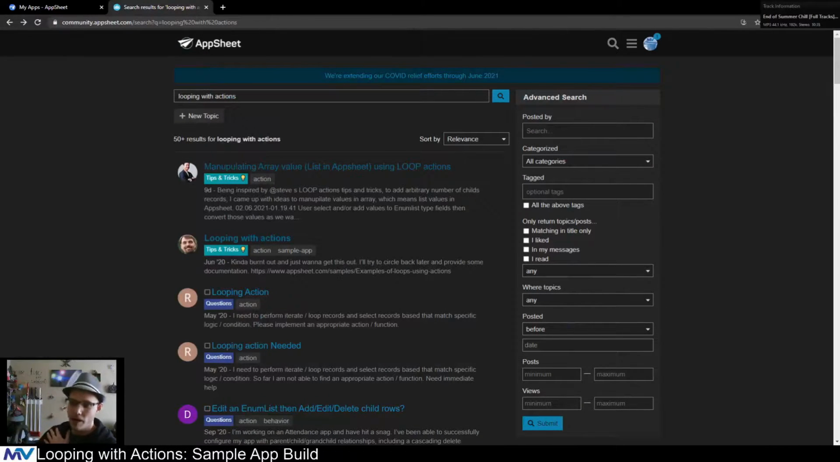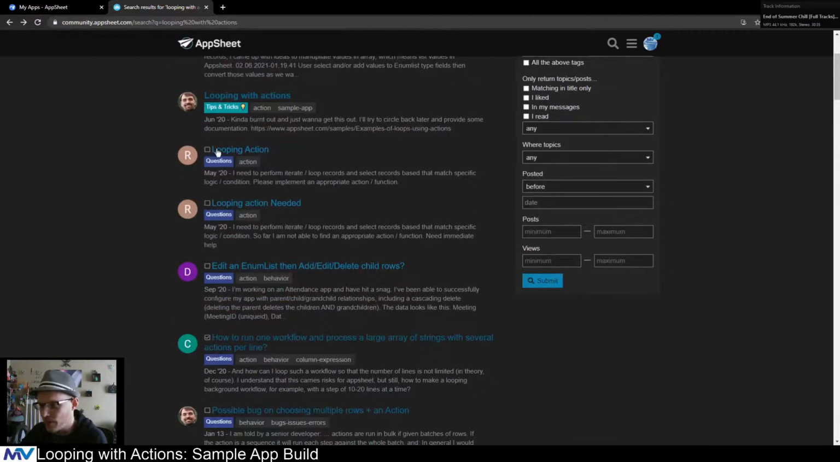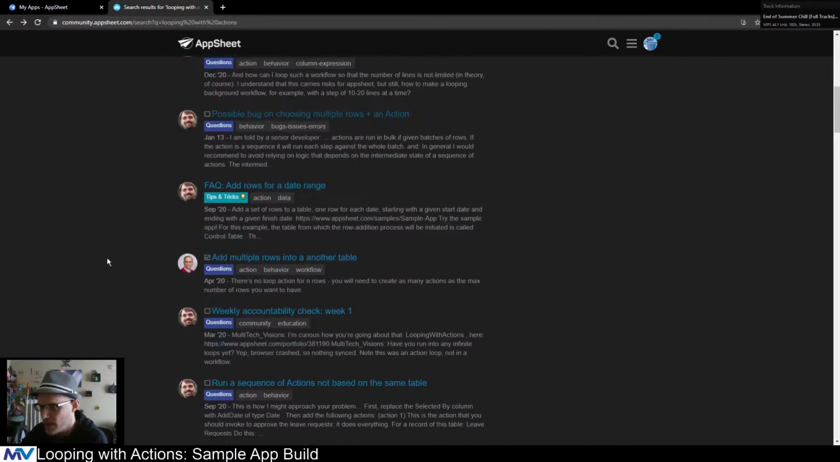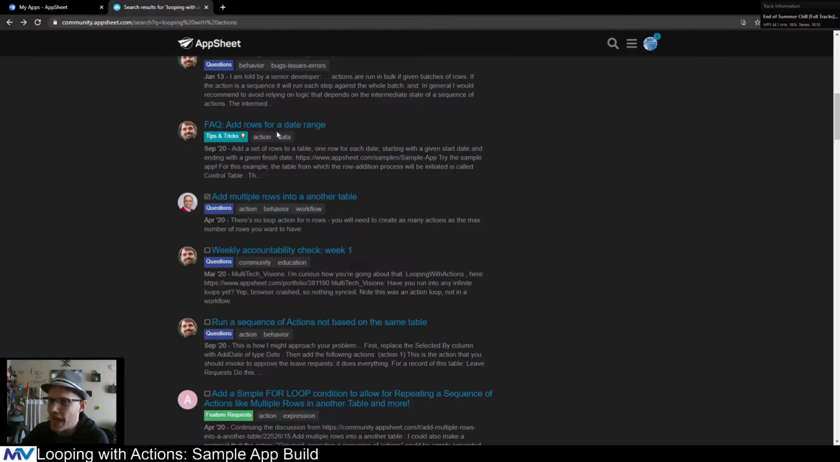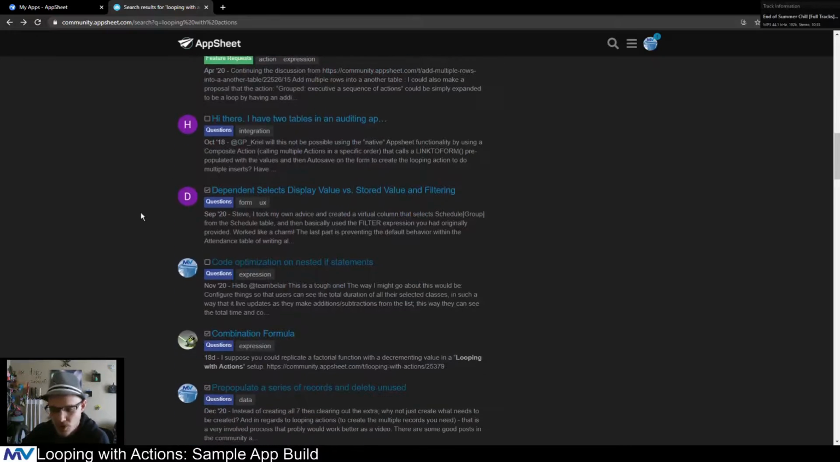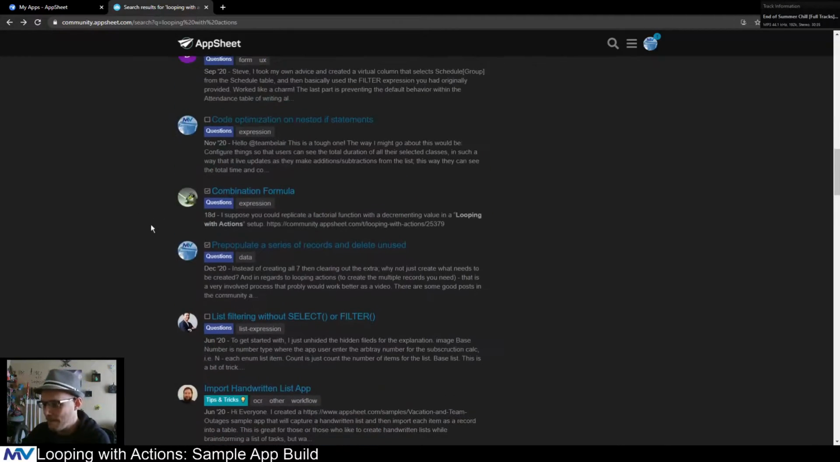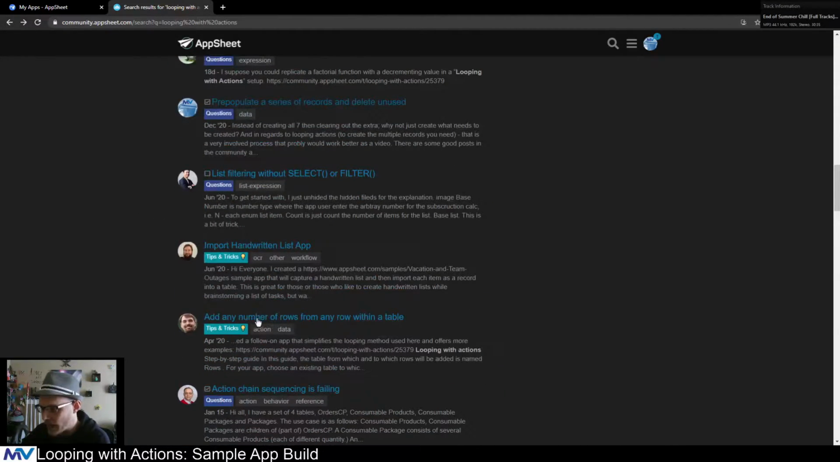Okay, so here I am in the community, and you can see there's a couple. If you search for looping with actions, you'll find a few different things, right? If you look for just the tips and tricks, there's a whole bunch of questions, like add rows from a date range. Most of them are from Steve. He's been a very busy man. But if we go inside one of these,